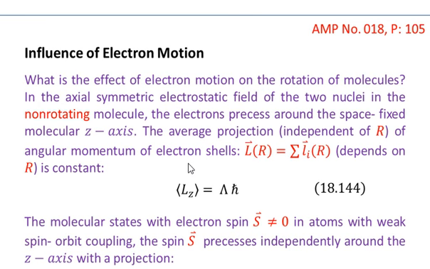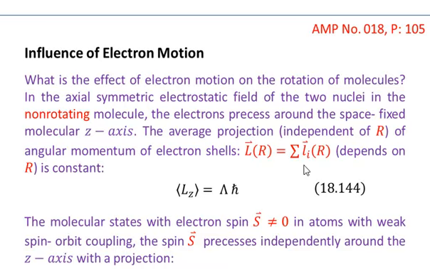You know that the angular momentum of the electron is represented by capital L, and it could be a function of R, which is the internuclear separation between the two atoms in a molecule. If more than one electron is involved, then this is given by the vectorial sum of the